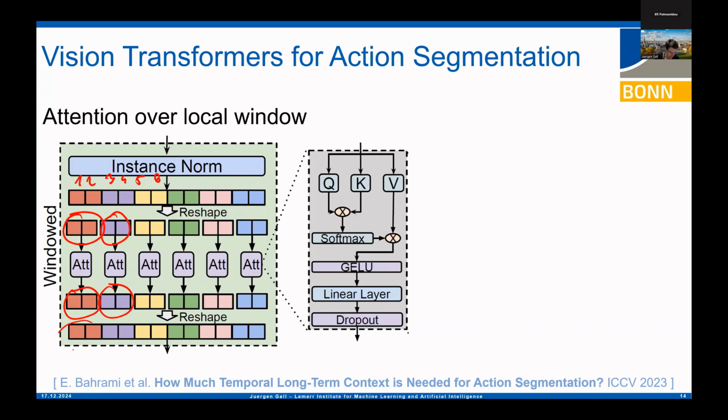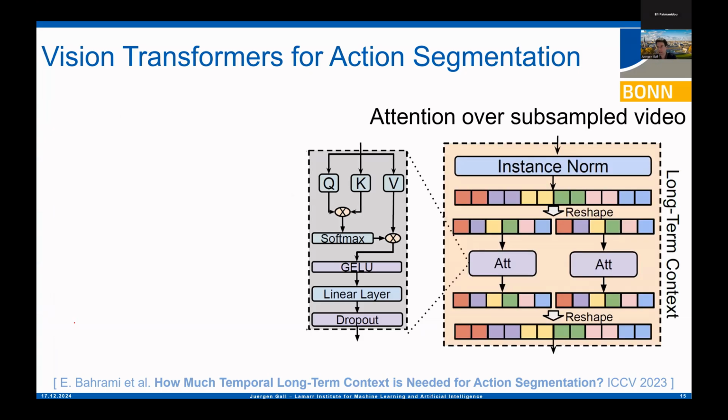At the end, you combine all these updated tokens again in the same sequence and update your representations. But this doesn't model any global context, because you just divide it into small pieces and compute the attention within the small pieces.